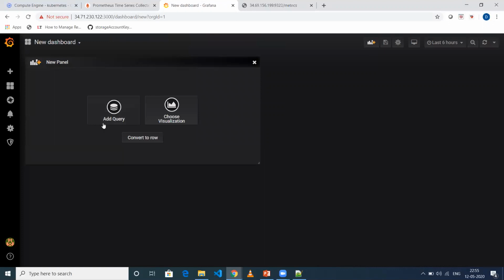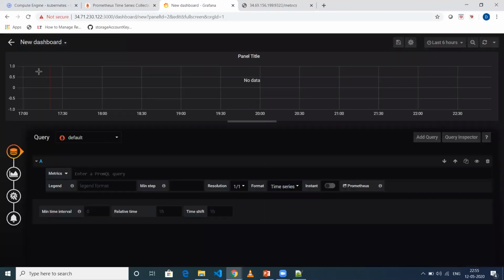Now we will add a query. There are a couple of already created templates that you can always use in your Grafana. In this, I'll take two panels and create my own queries here.